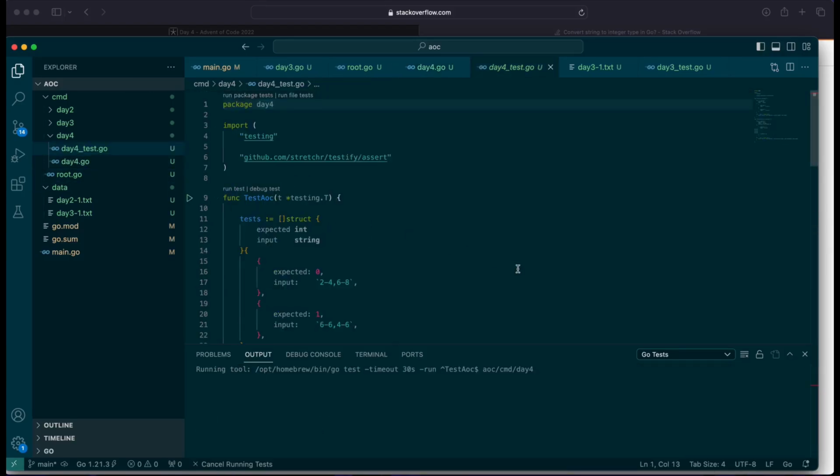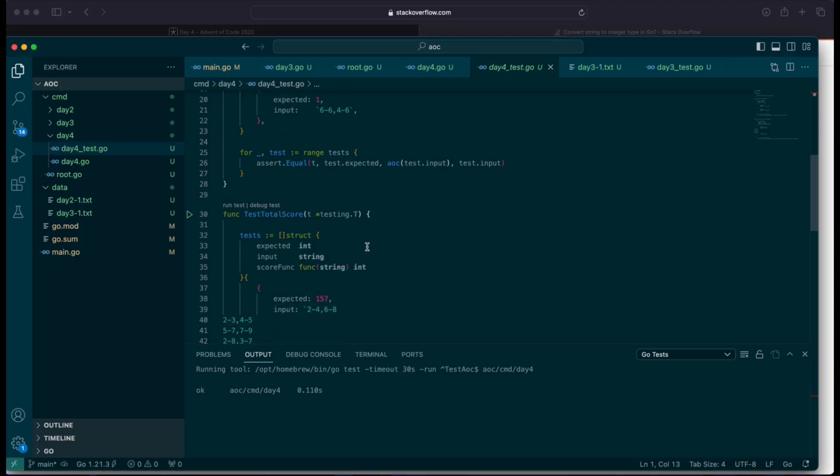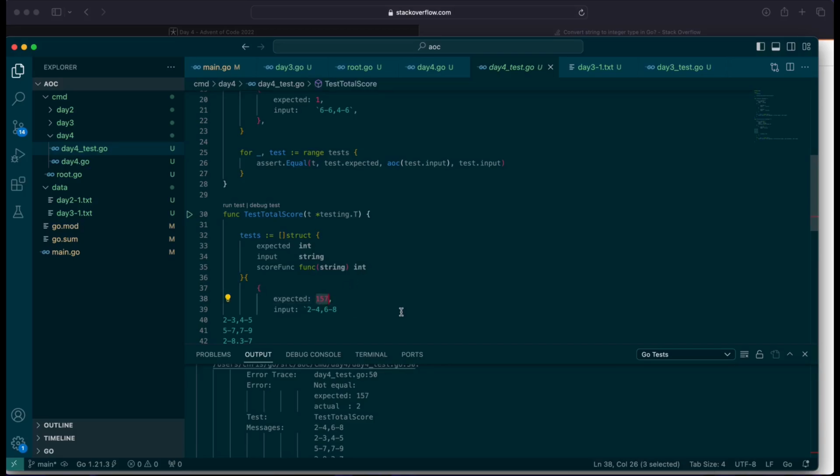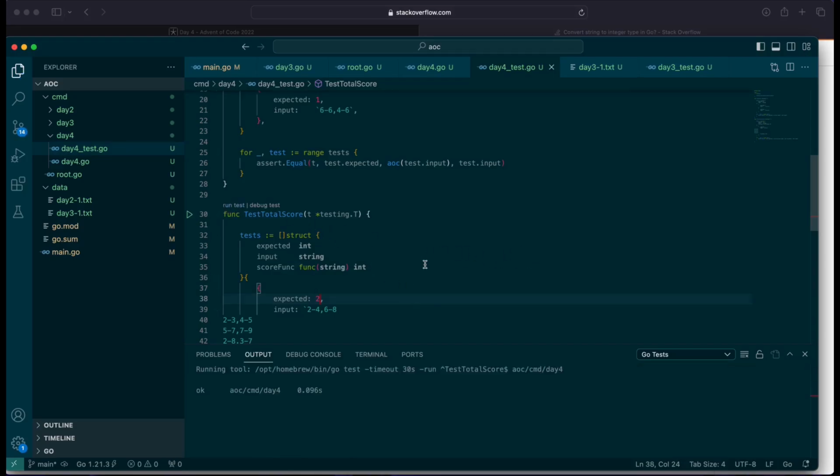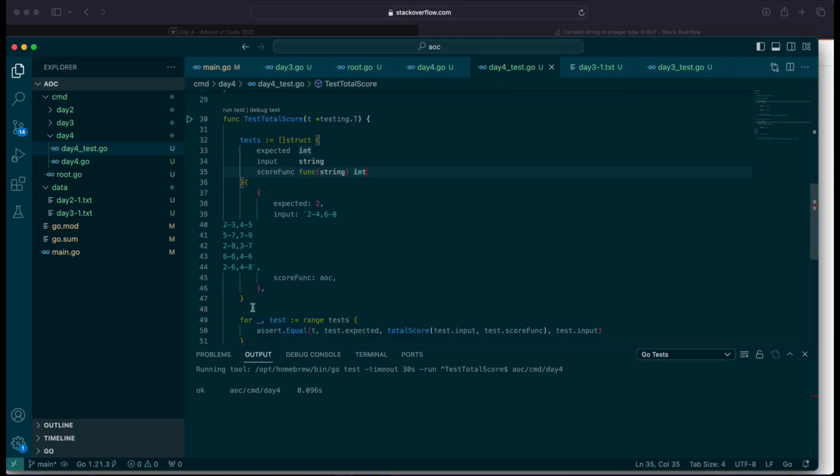So if we run this, that passes. And then we'll check our test score. Our expected should be 2 here. So that actually worked beautifully. Okay, so that passes. So we're going to now run